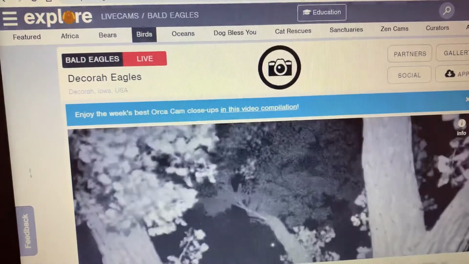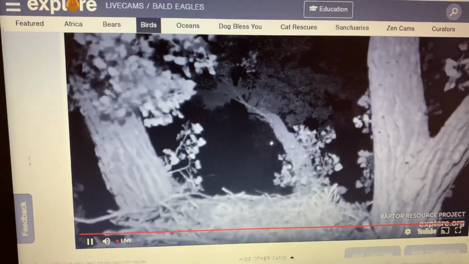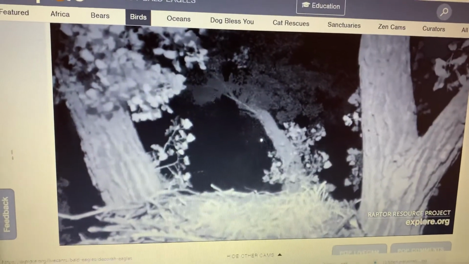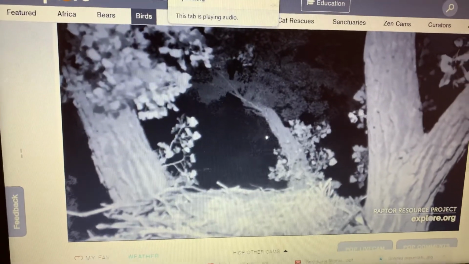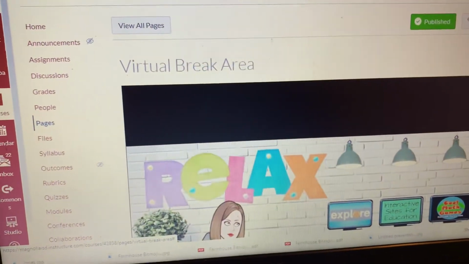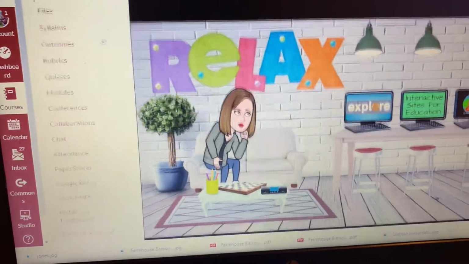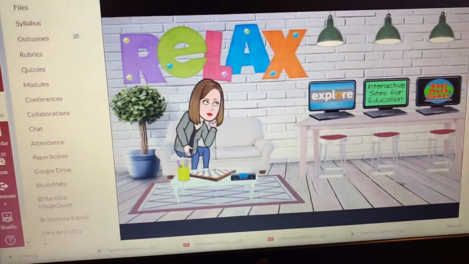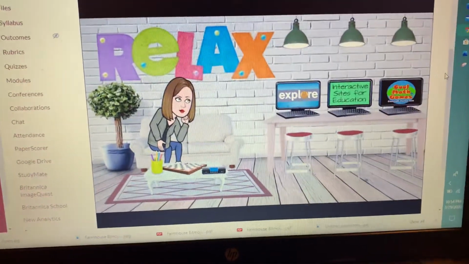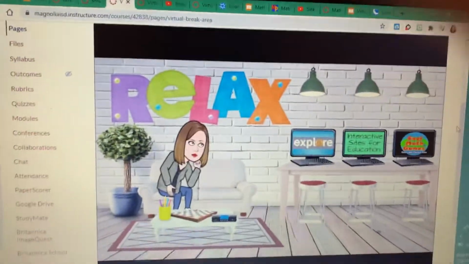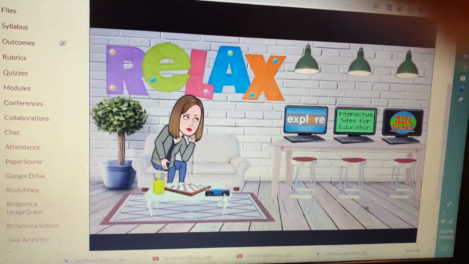Here's an eagle. Of course, this is night vision because it's dark, but some of these were really neat to go look at over the summer, and so I thought that would be a good break activity that would be somewhat educational and stimulating to look at instead of just staring at games or things like that. I did put in a music